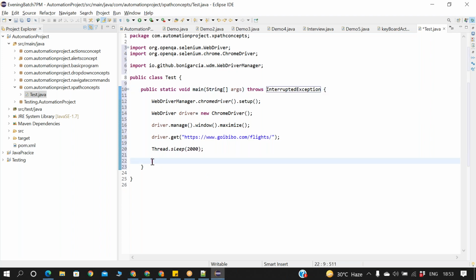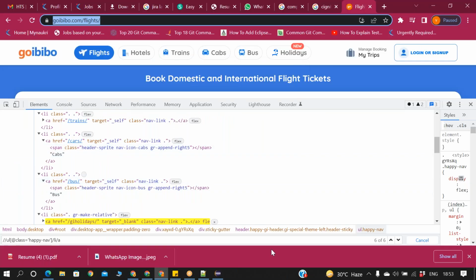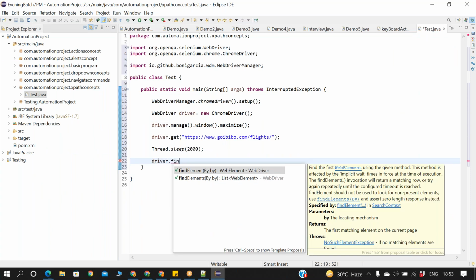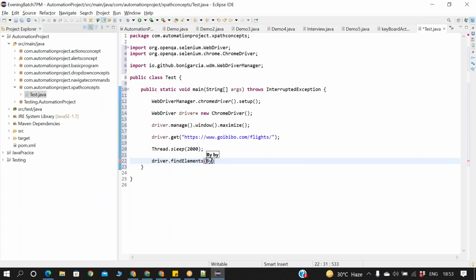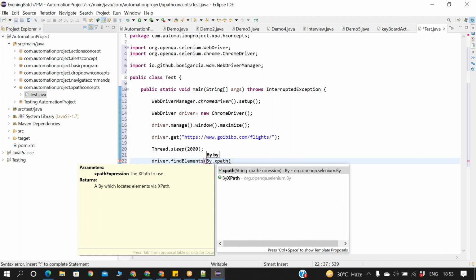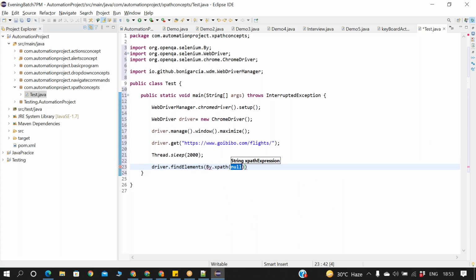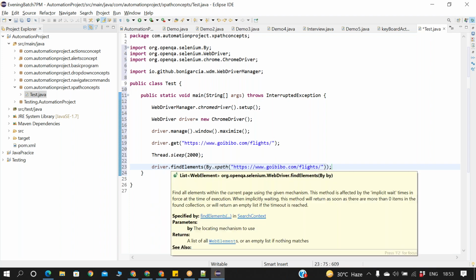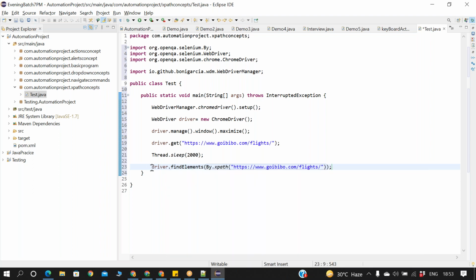I need to identify all these options. It is giving more than one result, so I am using find elements: driver.findElements(By.xpath(...)). I am passing the XPath and I need to store it into a list. See what is the return type of find elements? Simply look here, it is a list of WebElement. So I need to store it into a list of